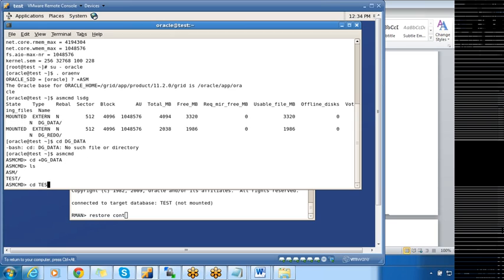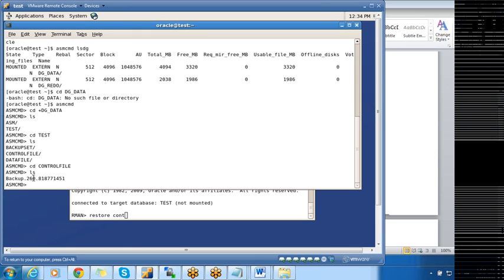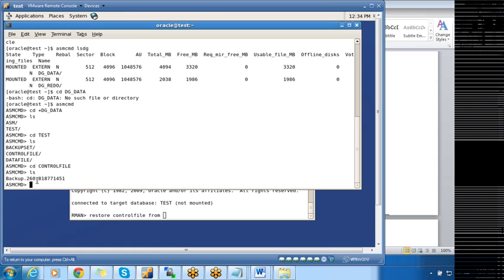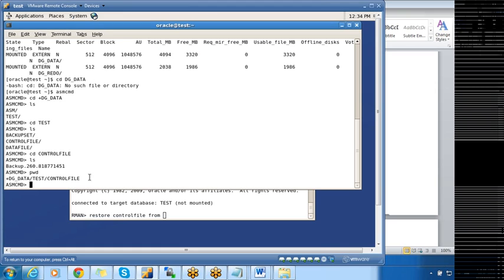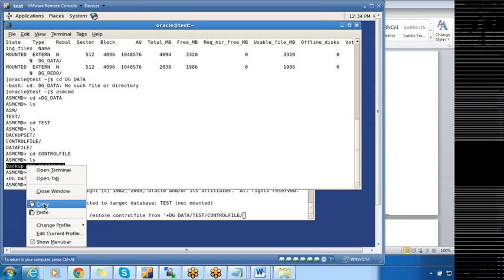Now here under test I have a folder called controlfile, and here I have the backup file. So what I'll do is restore controlfile from, and I have to specify this location, which is pwd, paste, slash, this file name.